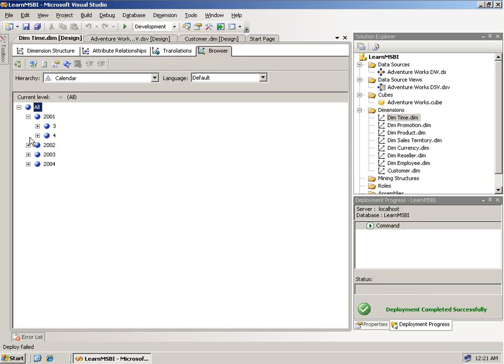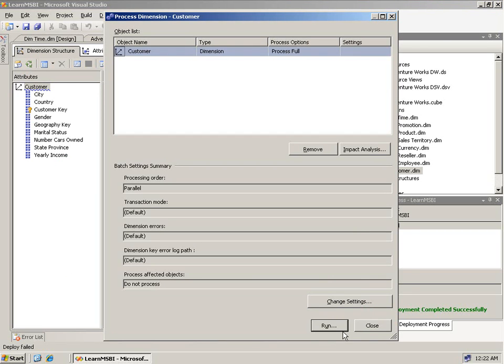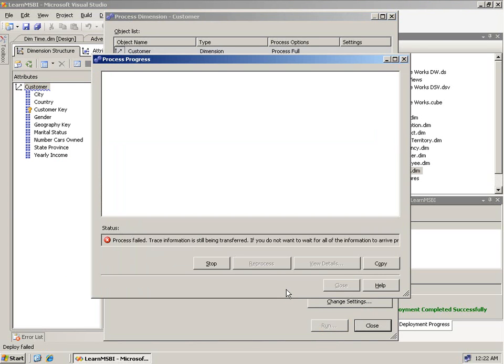Now these values are slightly different. The years are older, but it's the same. 2001 maps to 2005, and 2002 to 2006, and so forth. But you see 3 and 4, and then the first 4, and then all 4 quarters in the next 2 years, and the first 3 quarters in the last year. So this has worked. Let me go to customer now, and if I attempt to process the customer dimension, I